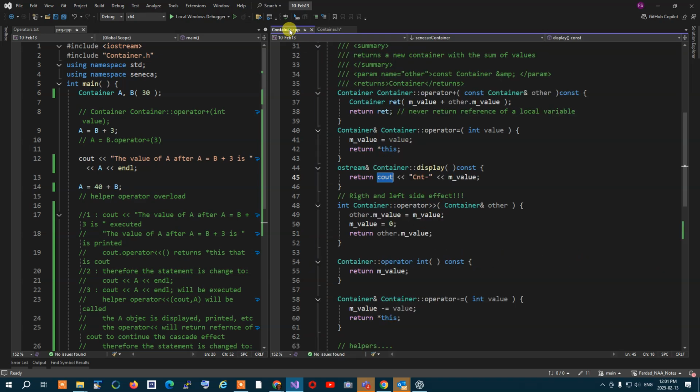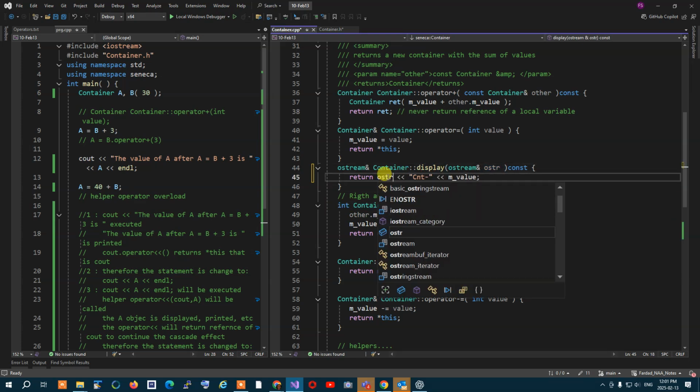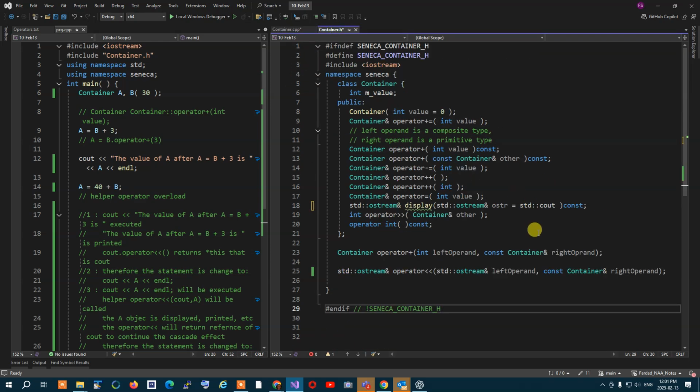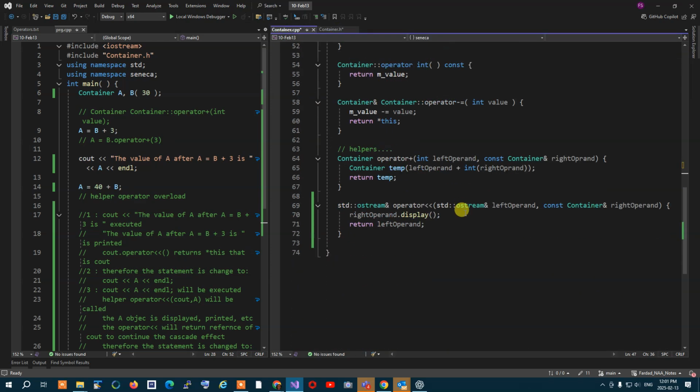Now, in here, I'm going to have the same thing, which is an ostream reference ostr, and instead of cout, you will write ostr because that's the new name for cout. And in your overload, what you do in here, you pass the left operand to display,